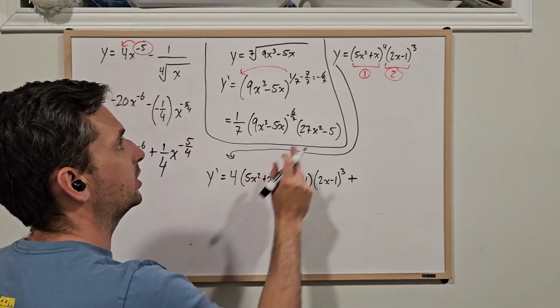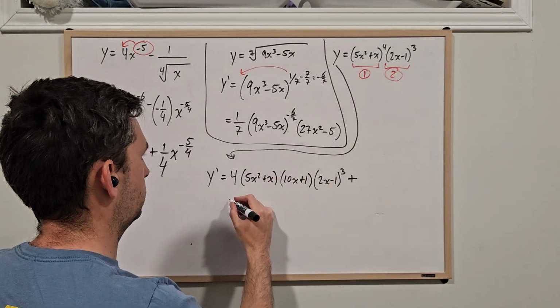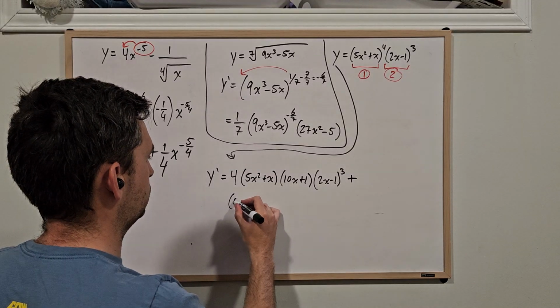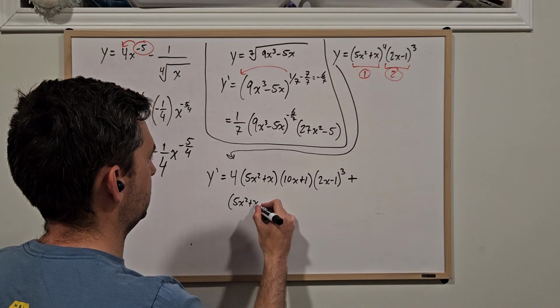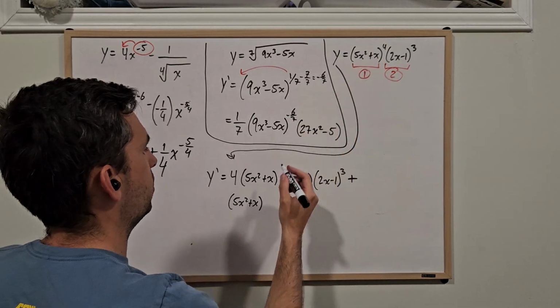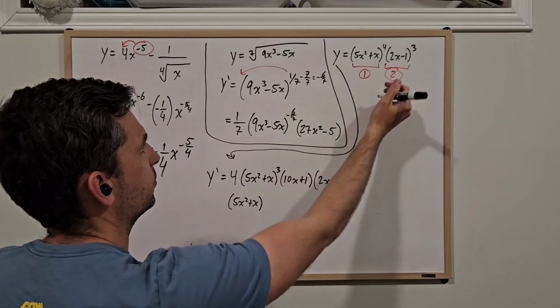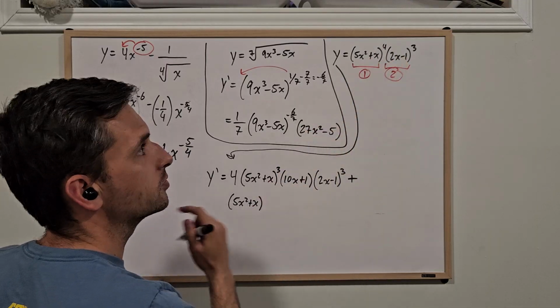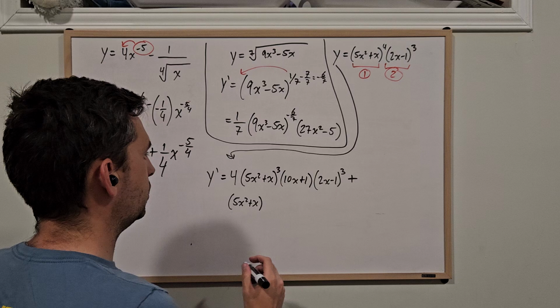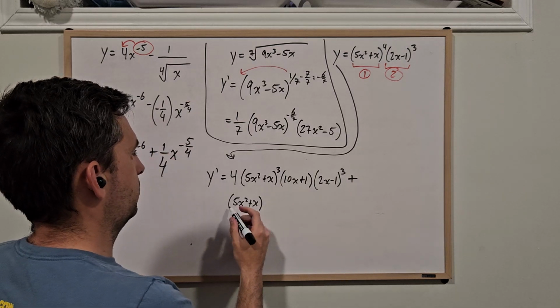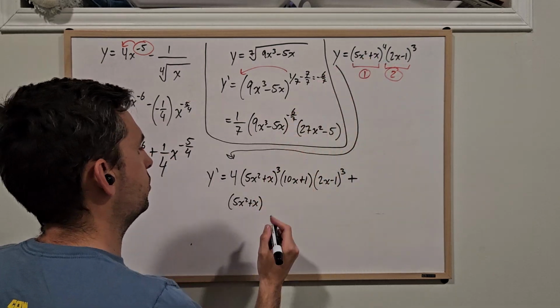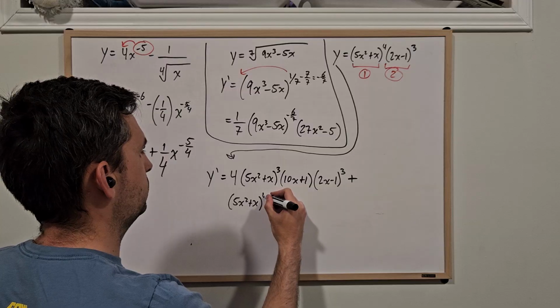Okay? Now I leave my first function alone. So, leaving my first function alone, I just have 5x squared plus x. Oh, we forgot our power here. To the power of 3, right? 4 minus 1, that's 3. Good catch there. So, here, leaving the first part alone, we have 5x squared plus x to the 4th power,